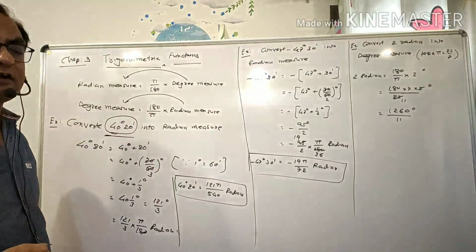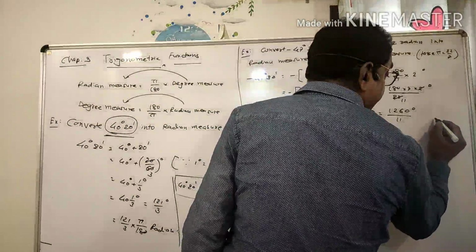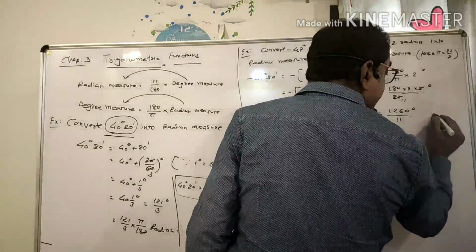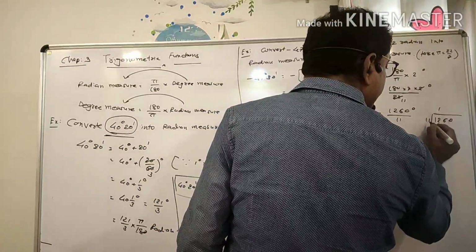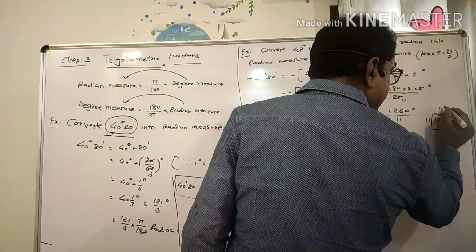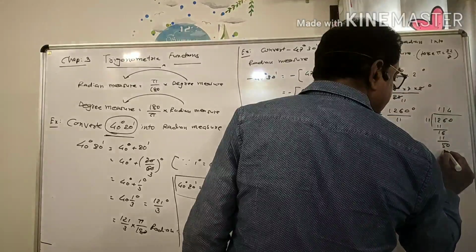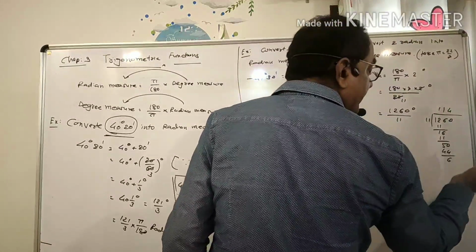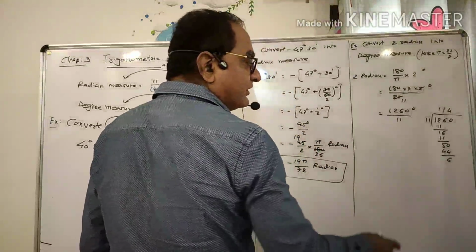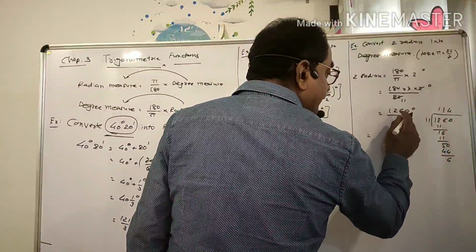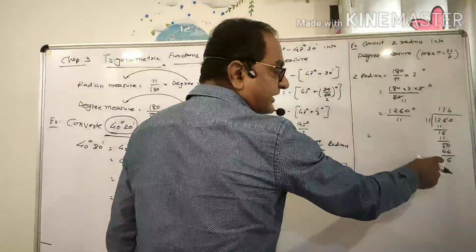We will have to do the same here also. But how can we do it? Sideways, we can write the division of 1260 divided by 11. 11 ones are 11, 1, 6; 11 ones are 11, 5, 0; 11 fours are 44, 6. We cannot divide further because 6 is not divisible by 11. So how can we write 1260 by 11? As the multiplication of these two numbers and the remainder.